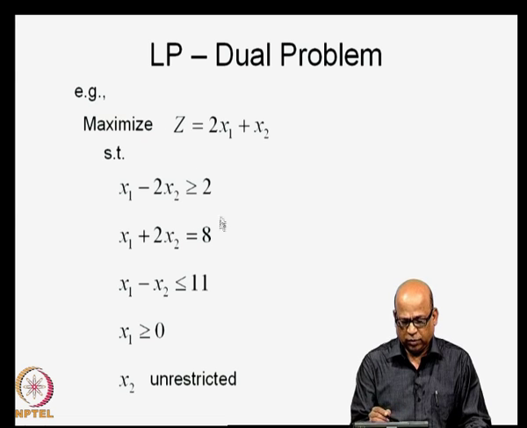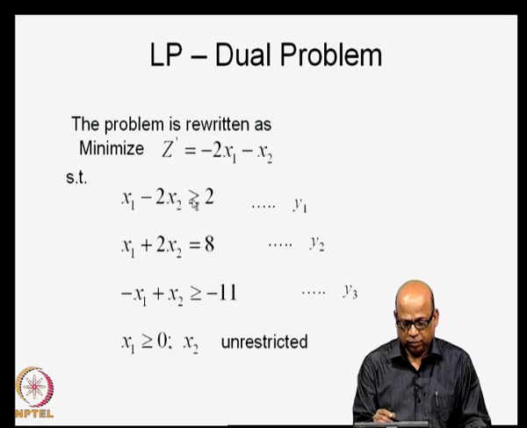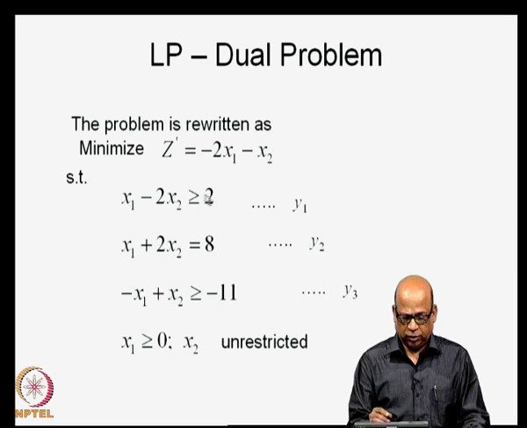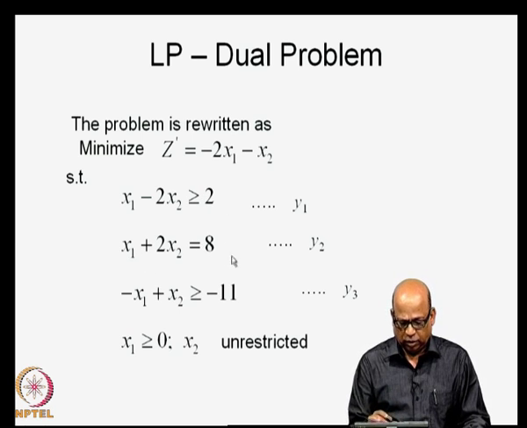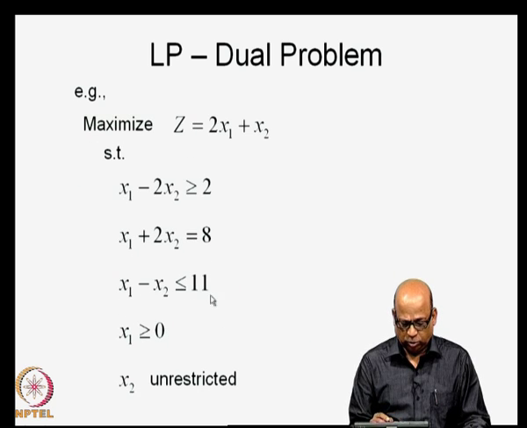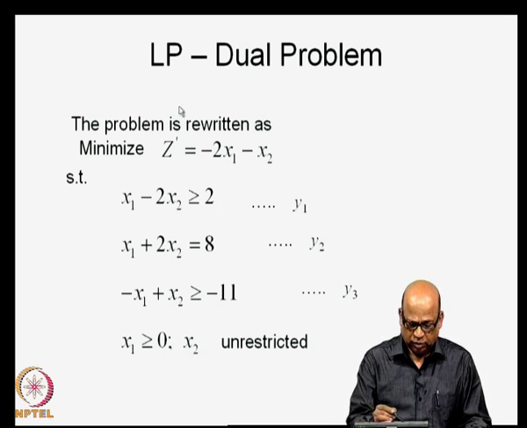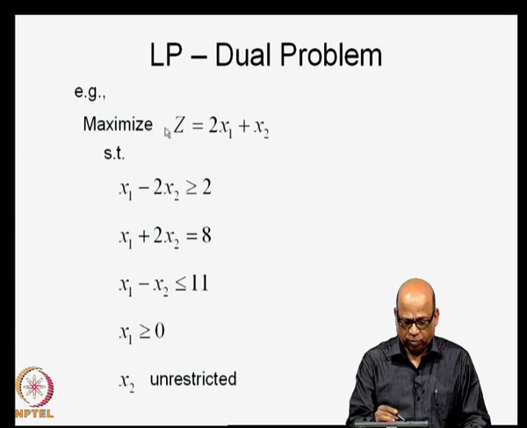Because I want to express all the constraints as greater than or equal to and equal to, I will retain this as it is. X1 minus 2x2 greater than or equal to 2. Then the second one, because it is an equality constraint, I do not do anything, I will retain it as it is: x1 plus 2x2 is equal to 8. The third constraint, which was a less than or equal to constraint, I will multiply by minus 1 throughout and write it as minus x1 plus x2 greater than or equal to minus 11. x1 is greater than or equal to 0, x2 is unrestricted in sign. So, this is how I rewrote the original problem